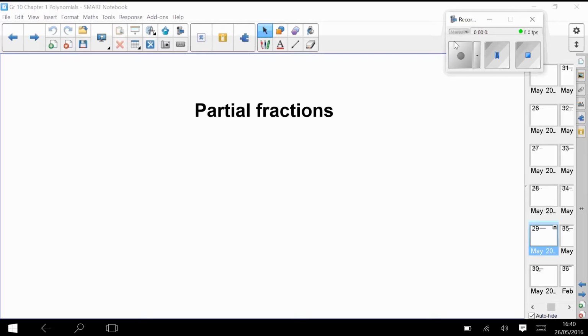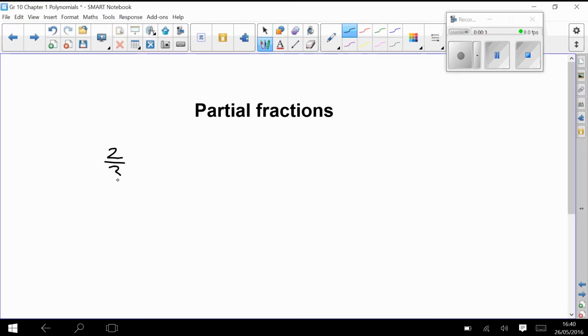If I gave you the following two fractions, you would probably be able to add them without even batting an eyelid. So say I gave you the fractions 2/3, and I had asked you to add that to the fraction 3/5. You would have told me that you need a common denominator, and in this case that would have been 15. You would have changed your numerators, and so the first fraction's new numerator is 10, the second fraction's numerator is 9, and the answer is going to be